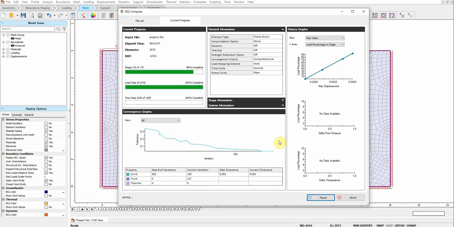Just wait a few seconds. It's almost done, 88% complete. 2 more stages to finish. One more stage. So this approach, the step loading approach for calculating the bearing capacity, you can use this approach